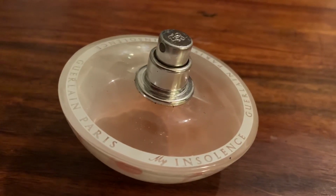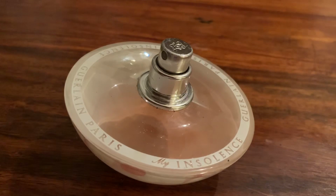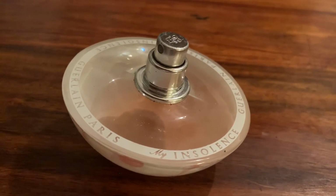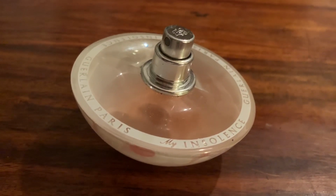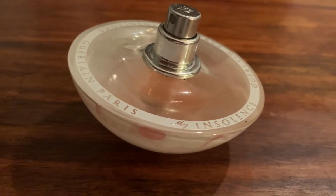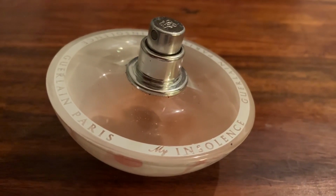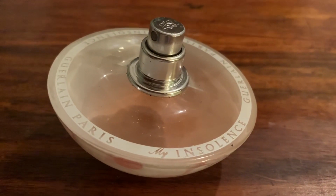This is a flanker to Insolence. Insolence is the original. There's been lots of flankers, and this one is kind of a gourmand version. It came out quite a few years ago, and as I say, they crop up on eBay from time to time. Sometimes they're very expensive. In fact, most of the time, if the person knows what they've got, that it is a bit hard to find,